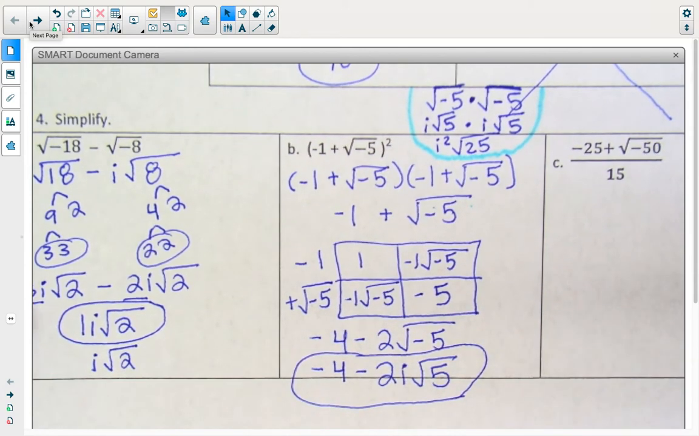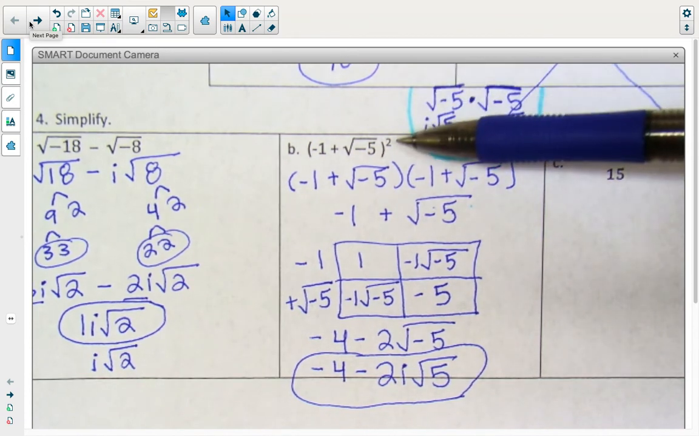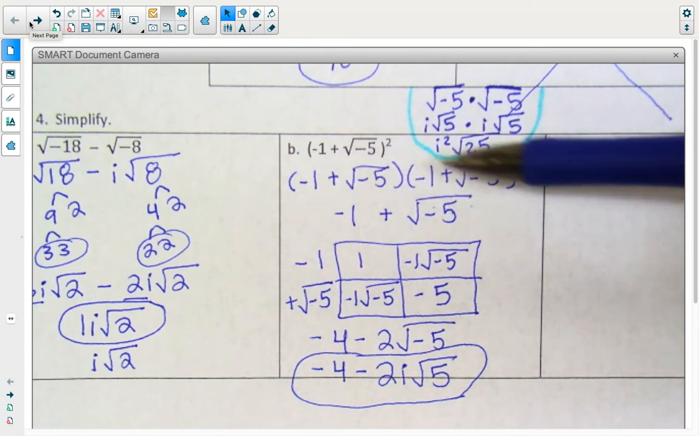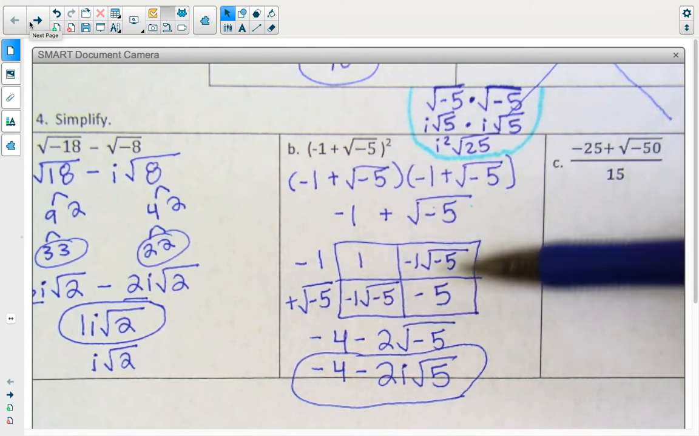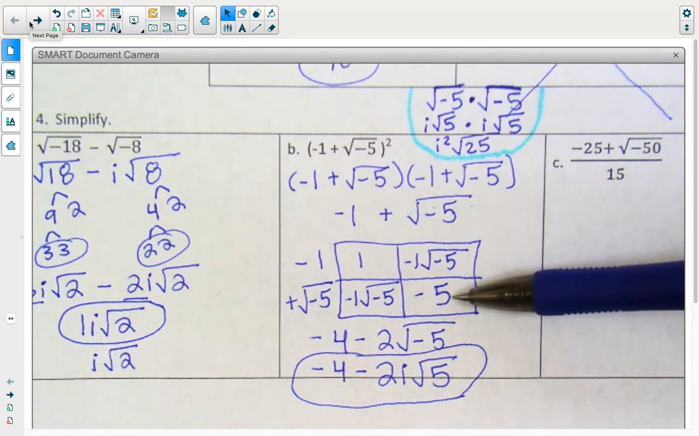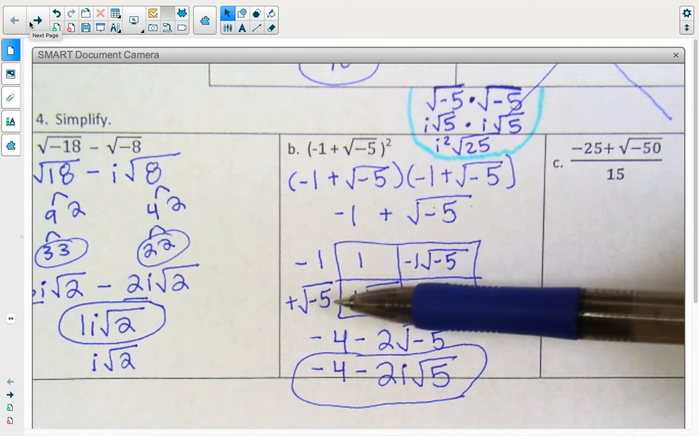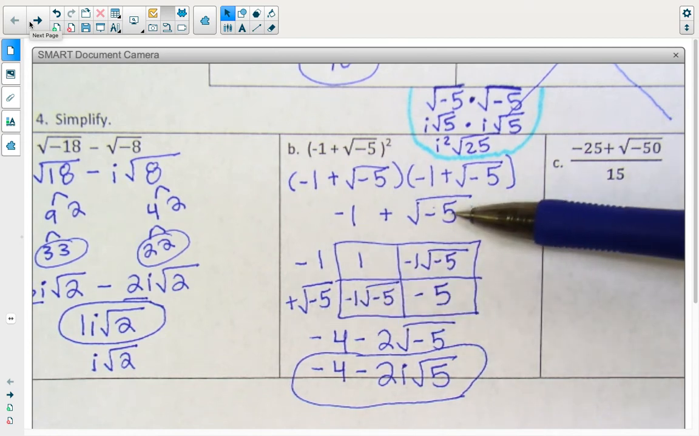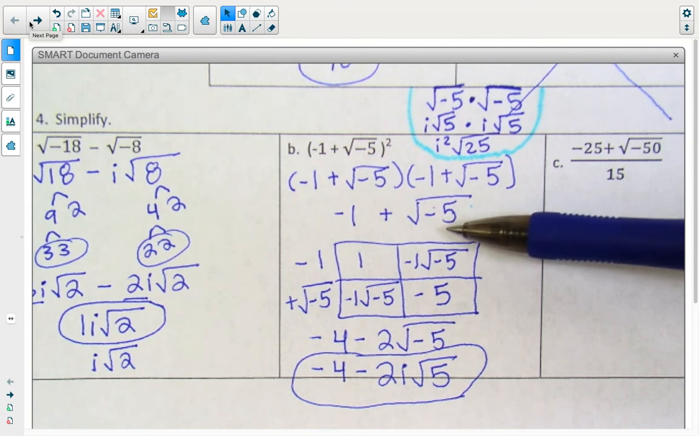Okay, this problem had a lot of moving parts, had a lot of different things to it. Let me try to recap it quickly here. When you square something, that means you multiply it by itself. So that's why we wrote it out. You could do the box method or distributive property. This was the box that we had to break down a little bit more. Do not do the square root of -5 times the square root of -5 and get the square root of a positive 25,